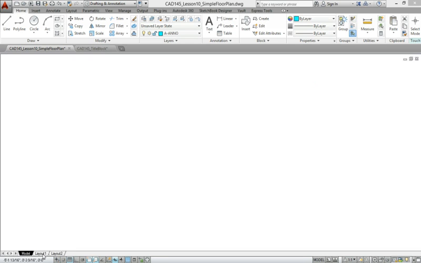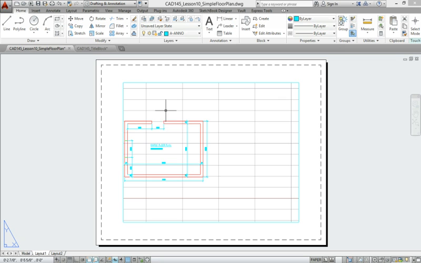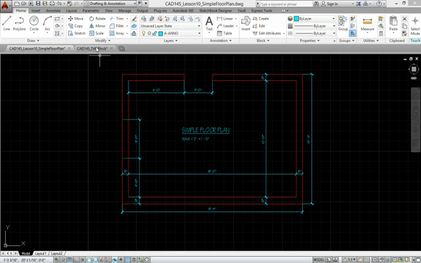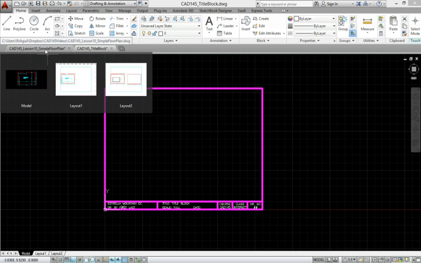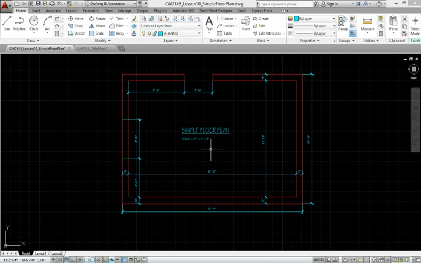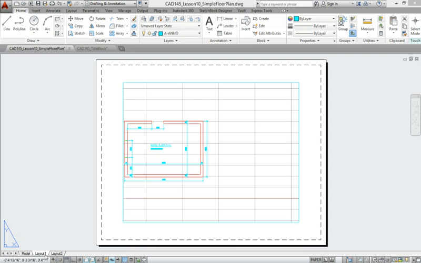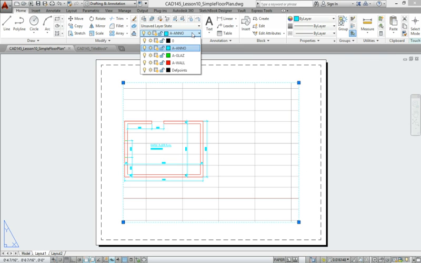When I go to layout 1, I see I don't have a title block, but I could see a viewport that AutoCAD has already made for me. When I go to my title block drawing, I can see my title block that I want to use. So what I'm going to do is switch to the layout 1 tab. This viewport already exists, so I'm going to use that to my advantage, but it looks like I need a